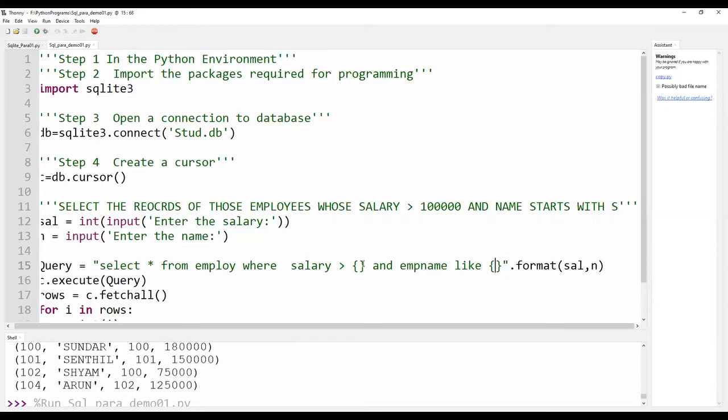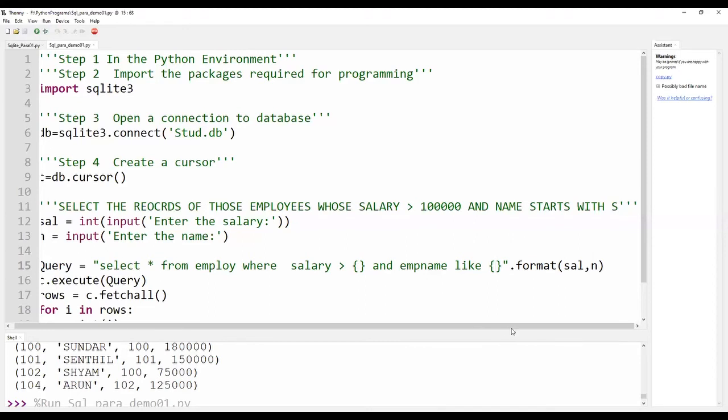Here, P0, P1 are where I am placing the values: after salary greater than, and after name like. These are called placeholders, and they start with the default index value, namely 0.